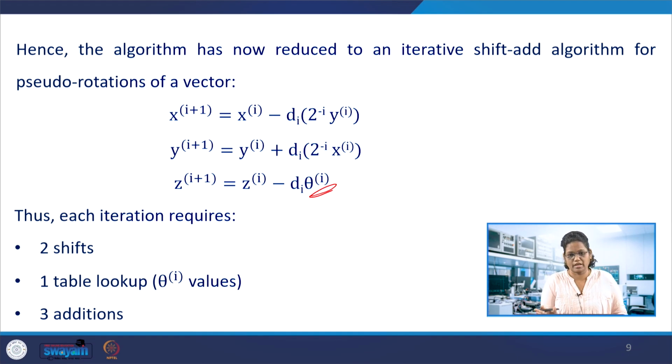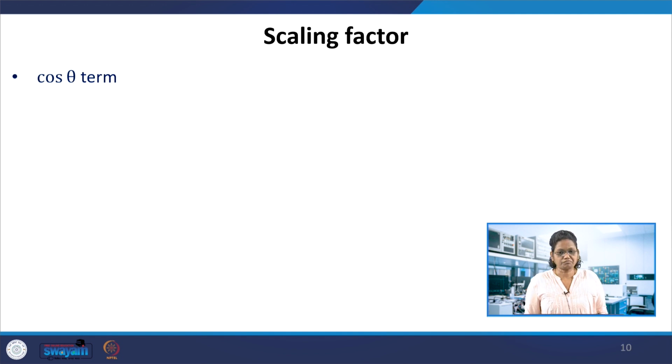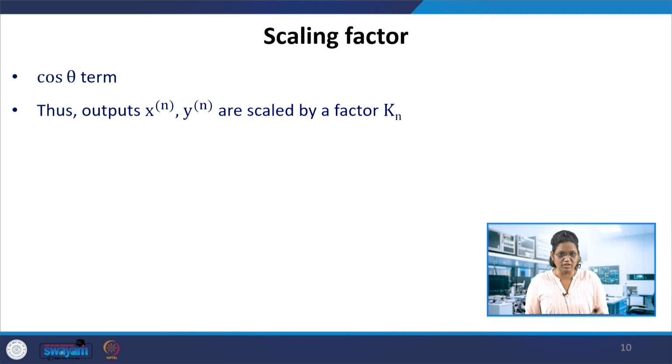So now the next rotation x and y, x y and the z, the angle of rotation, how much angle it is rotated, can be obtained through this. So how can we use it for the computation? Also, before going to the computation, one thing is the scaling factor, which we neglected, the cos theta term, in the process of developing this equation.